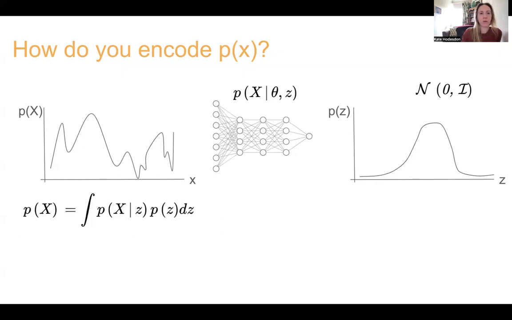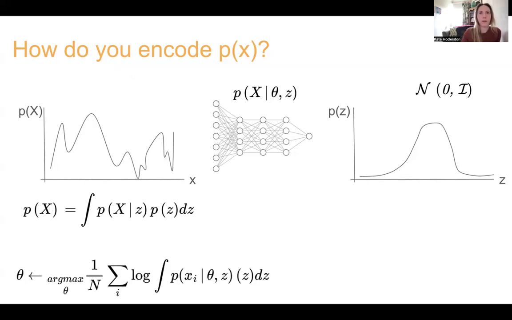Okay, so our job then is to find specific parameters theta that maximize the likelihood of each x in the training set under this generative process. So you can write down something like this for the objective. Here I've just indexed over the finitely many x's in our training data. And I've also assumed that we want to maximize the log likelihood rather than the straightforward probability.